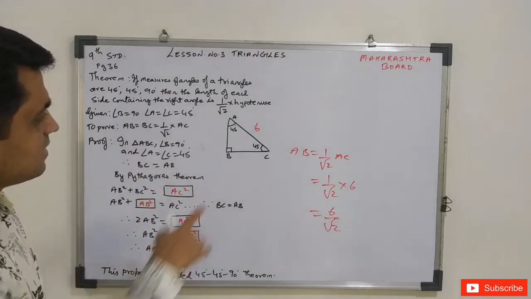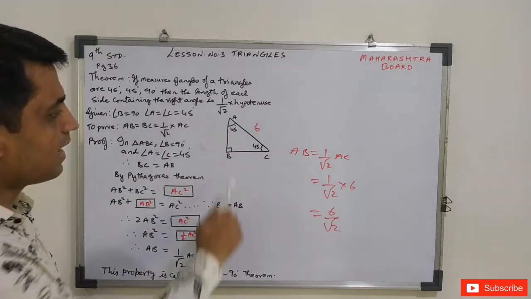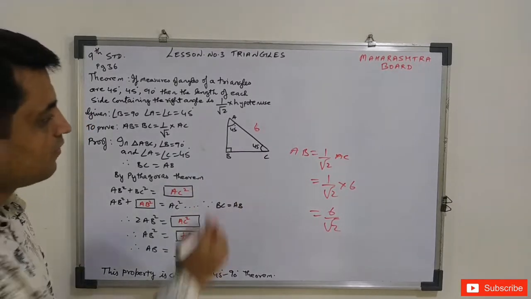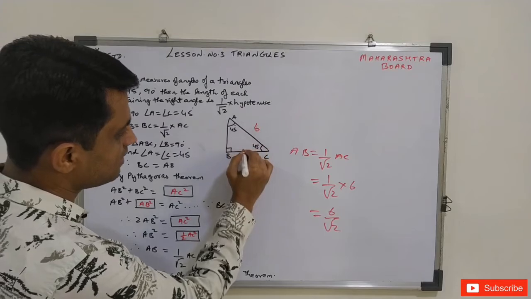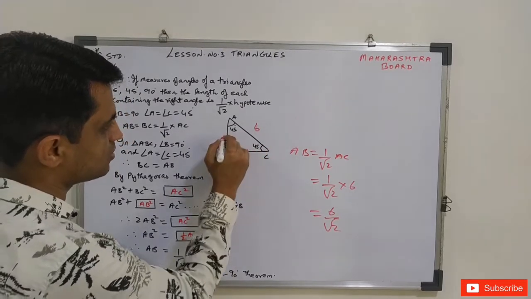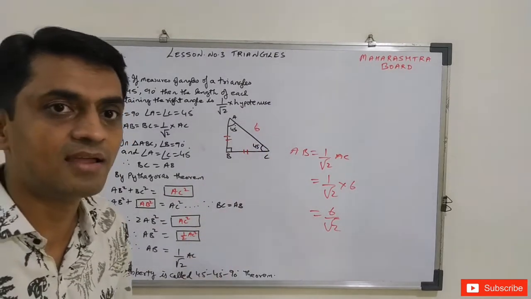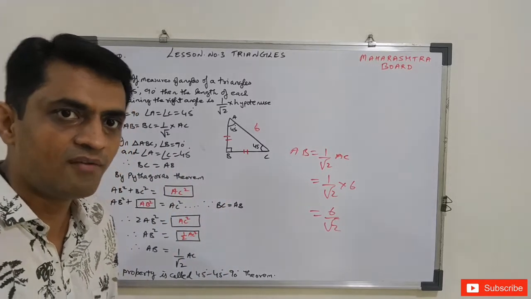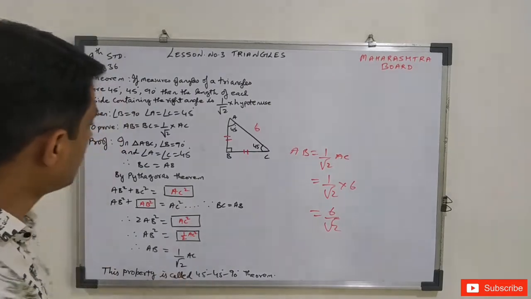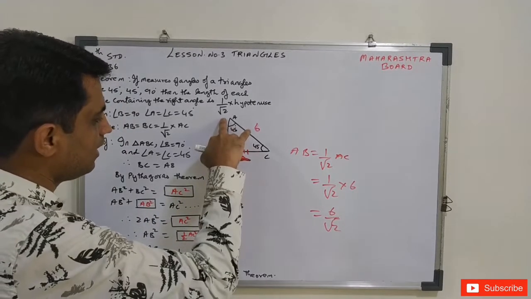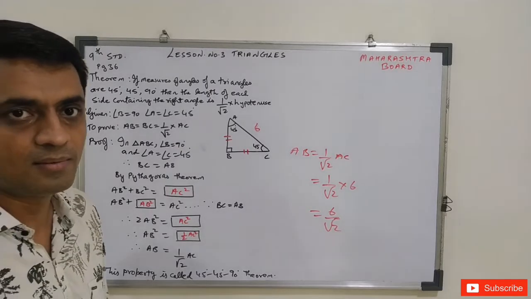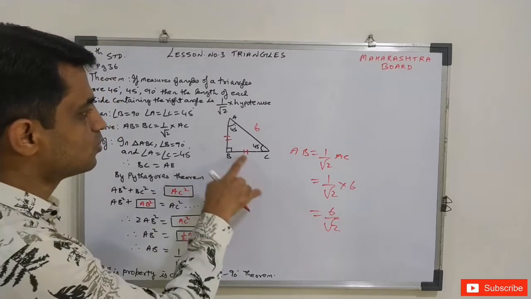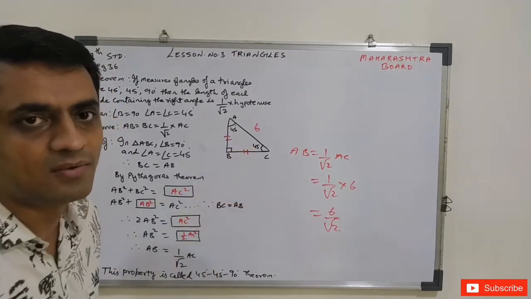Proof. This is a triangle ABC given here. Angle B is 90 degrees, angle A is 45 degrees, angle C is 45 degrees. So we can say that this side is opposite to 45 and this side is also opposite to 45. Isosceles triangle theorem. Just previous to this we have learned this isosceles triangle theorem, correct? The very first theorem of this video. So we can see AB is equal to BC. Reason: isosceles triangle theorem. You can write here the reason, isosceles triangle theorem. So these two sides are equal. Why? Because the base angles are equal.